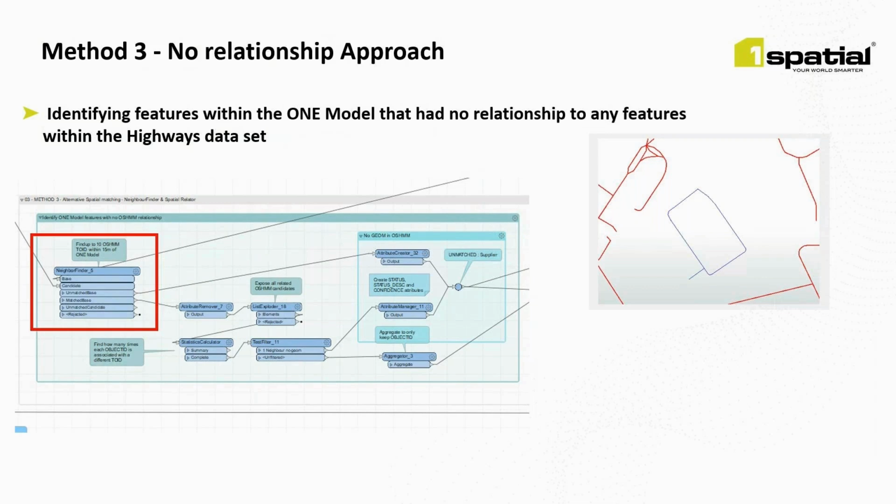Features without any neighbors within 15 meters were classed as geometry only within the one model. As you can see with the example on the right, in blue is the one model feature and in red the highways data set, and we can see within the highways data set that that feature does